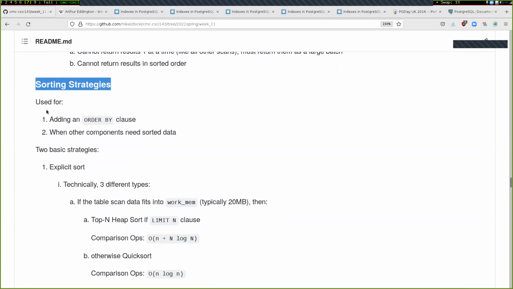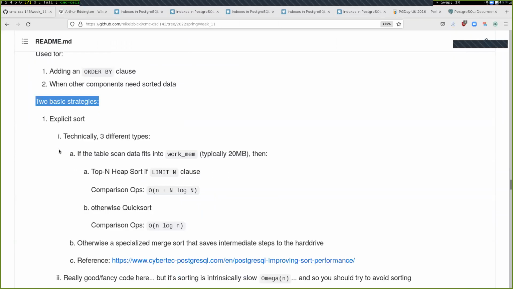So sorting strategies, basically anytime you have an order by clause that you're adding to your SQL query, you'll need to sort things somehow. And so that's the main situation where we'll need things to be sorted. There's two basic strategies for sorting, an explicit sort and an index sort, which we'll see later. The explicit sort has three different types inside of it. You don't need to know these three different types in detail. The main thing is to know that there's just an explicit sort, and Postgres will select for you automatically among